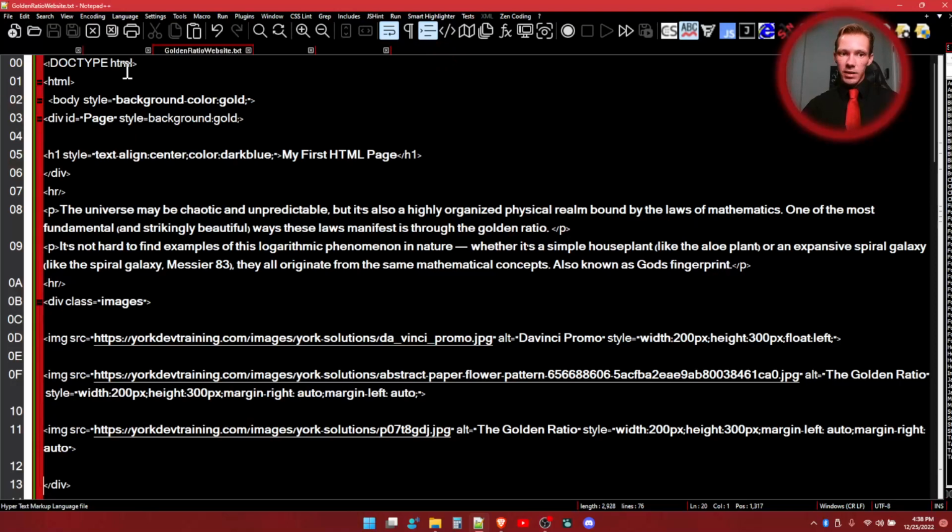So what I have is the DOCTYPE HTML at the top, then we have HTML, then the body style. What I did is these are CSS code. HTML code is not a programming language. HTML is a markup language, and a markup language basically just shows you whatever you code on the page. So from here, what I did was the background color was gold,